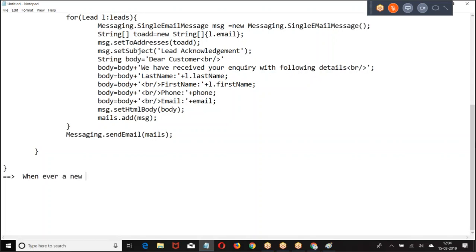Whenever a new account is created with industry as banking, create a new opportunity. So do this.